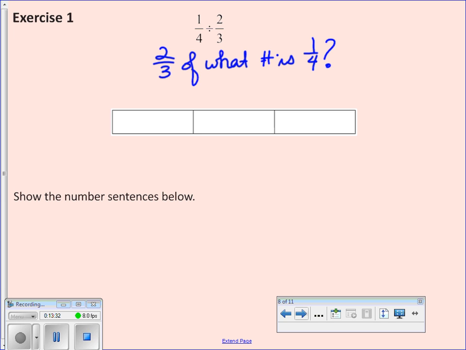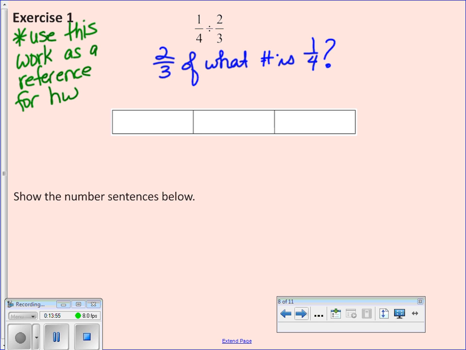2/3 of what number is... Oh, do you want us to show the steps? I'm going to show you exactly what I want to say. This is exactly what you're going to do. In fact, I was even going to tell you to use this work as a reference